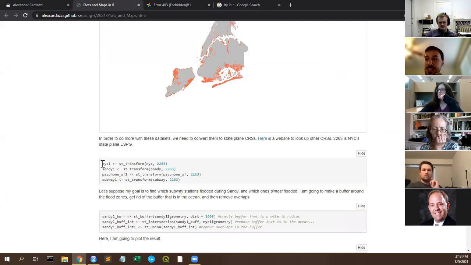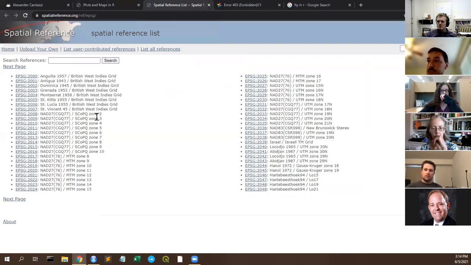So this is a little bit tricky, figuring out how to convert to state plane CRS codes. You have to really Google it. Like, what's the state plane for New York City? What's the state plane for like Nebraska or something like this? You might have to Google it and find this little code. So for example, here's a website that lets you search for them. So here's a bunch, just the first top ones. If I want to type in New York,